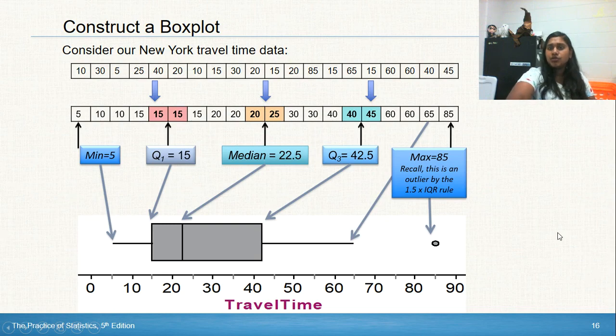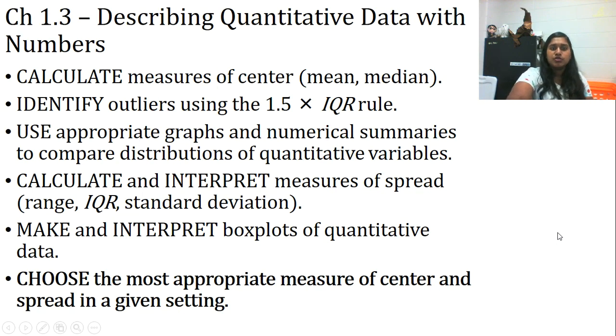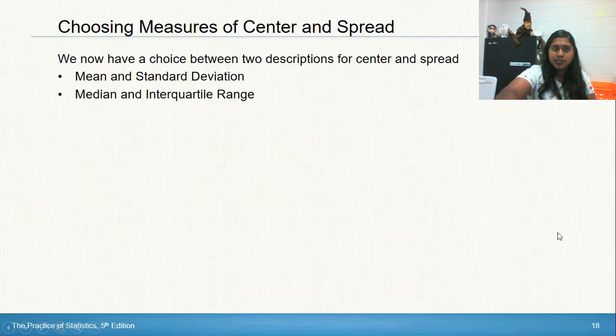And the last two things I want to talk about are choosing the most appropriate measure of center and spread. Some of you are like, okay, what's the most appropriate measure of center? And you're like, the median. Or some of you immediately say the mean. There's no correct answer. You must assess your data. The most appropriate measure of center is data specific. There will never be just a general answer for everyone, but I can give you some hints and tricks.